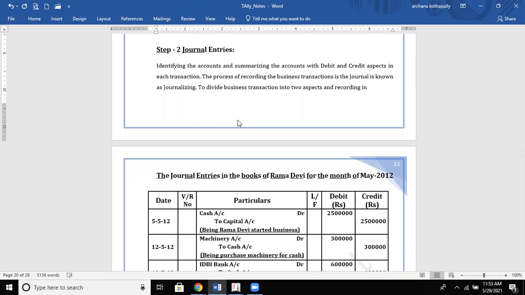Like we know there are 3 principles of accounting: personal account, real account, and nominal account. Personal account, everything deals with person names, names of the persons, artificial or natural bodies. And here the rule says debit the receiver, credit the giver. It is nothing but if it is related to a personal account, you debit that person's name if you are receiving it to the company, and you credit the person's name or a body's name when you are giving it. So that is why we say debit the receiver and credit the giver.